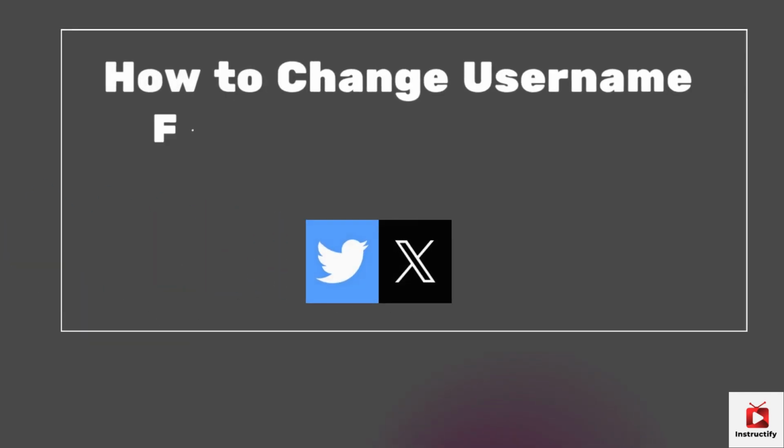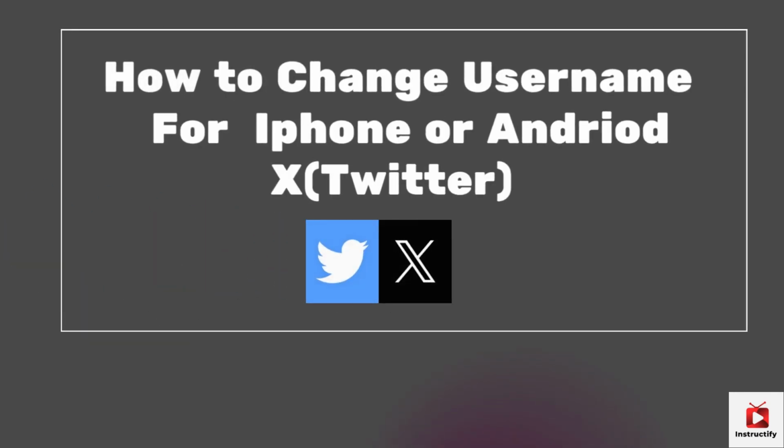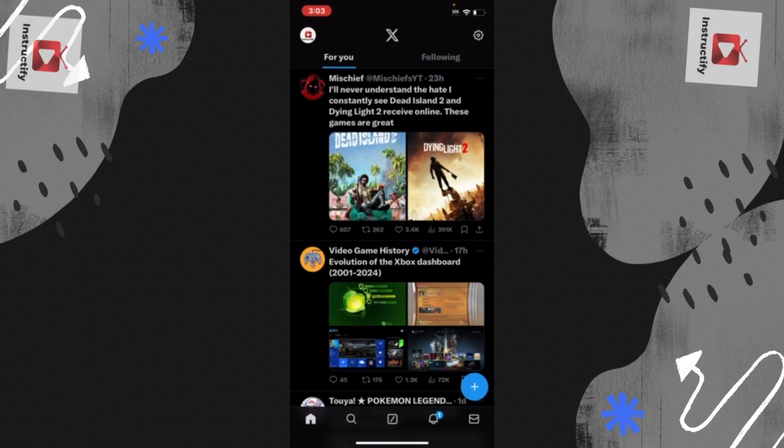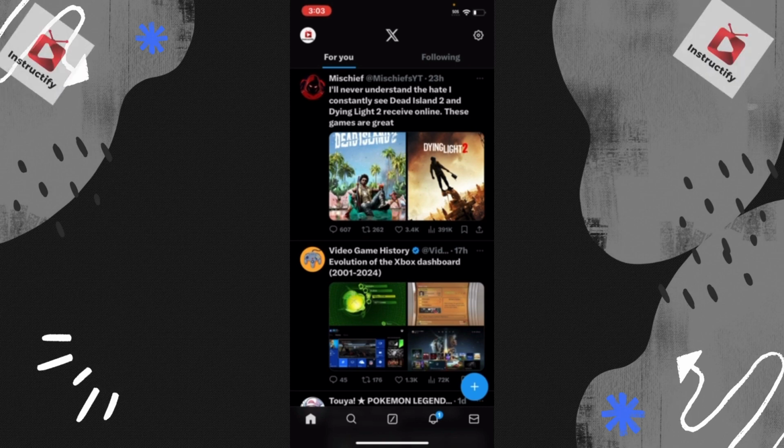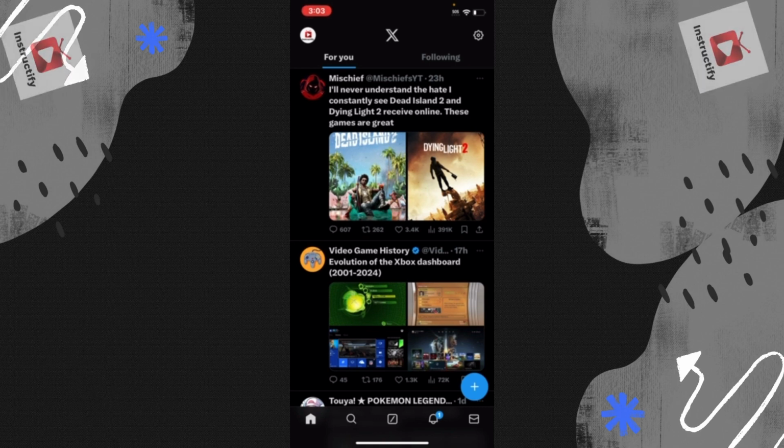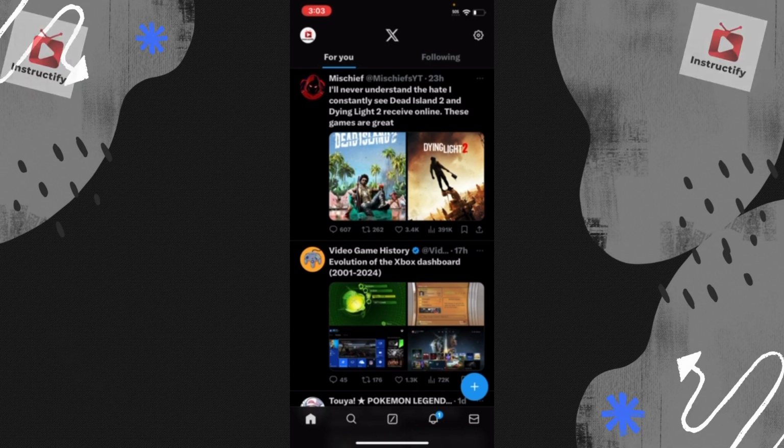How to change the username on iPhone and Android for Twitter or X. All right, so what you have to do firstly is go to your home screen. Now, from here, what you have to do is click on the icon all the way on top, your name,